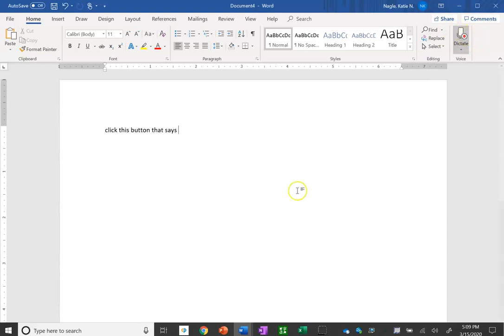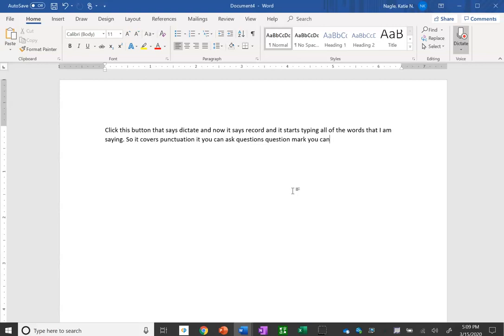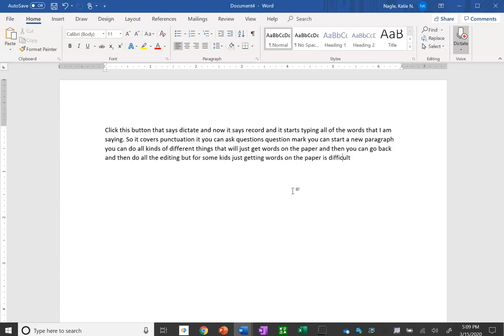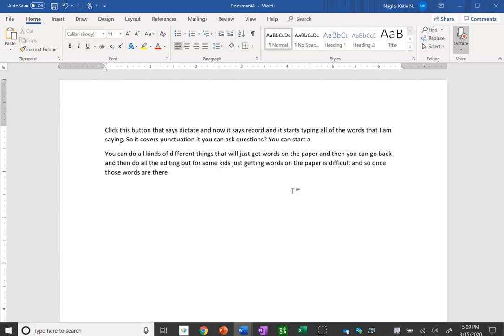dictate, and now it says record, and it starts typing all of the words that I am saying, period. So it covers punctuation, you can ask questions, question mark, you can start a new paragraph. You can do all kinds of different things that will just get words on the paper, and then you can go back and then do all the editing. But for some kids, just getting words on the paper is difficult. And so once those words are there, you can go from there, but at least it gives you a starting